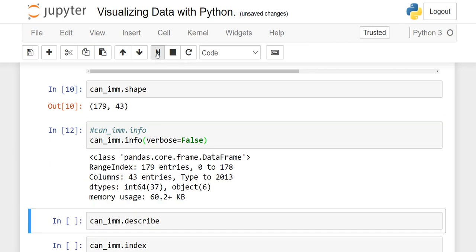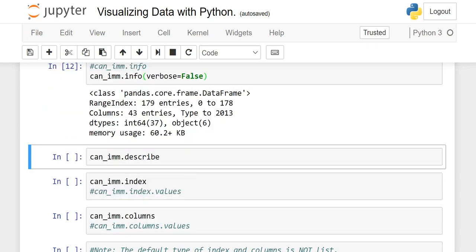See how you get the output. It will only show you 179 entries, 0 to 178, 43 columns, and so on, and its memory is 60.2 KB, right? You have to note the difference between writing it like this or this, and what output you get.